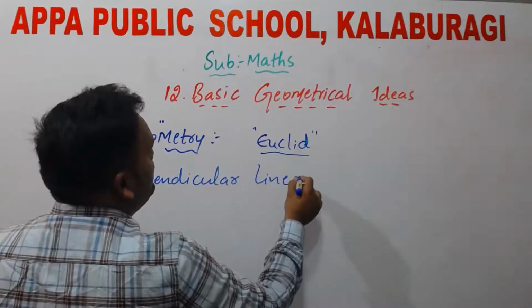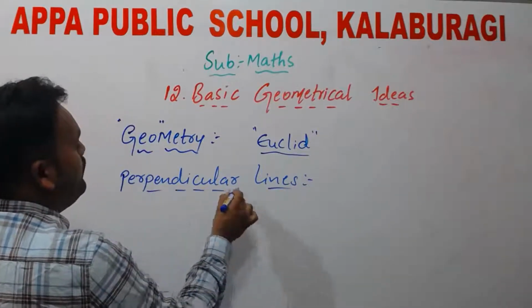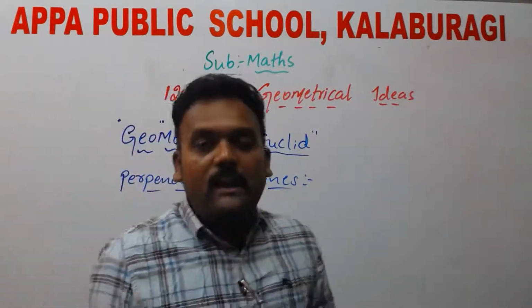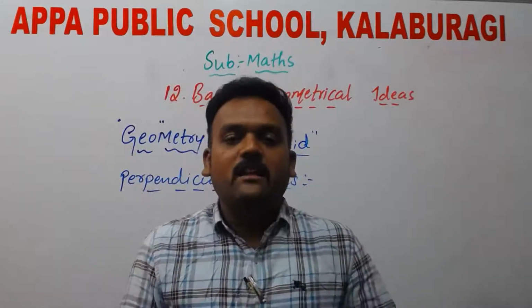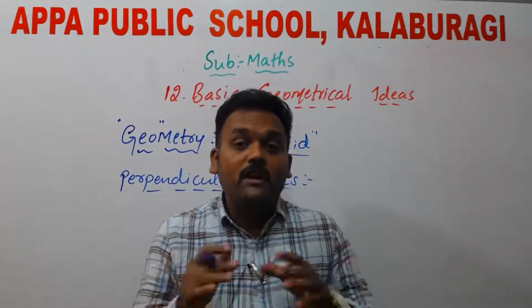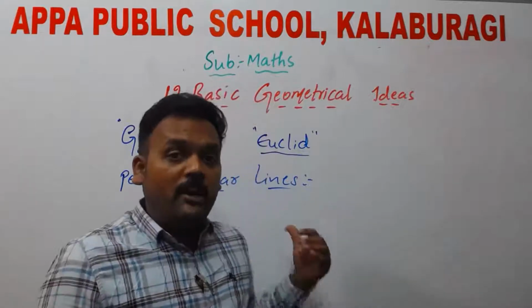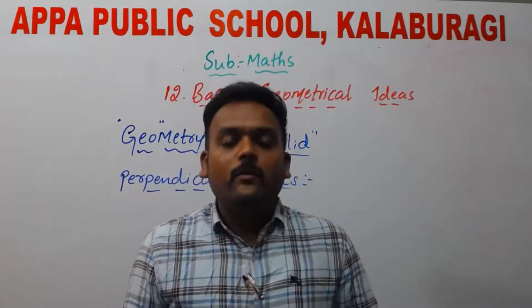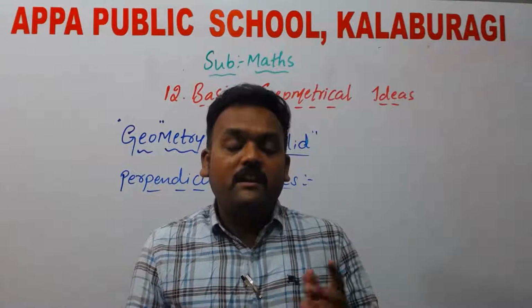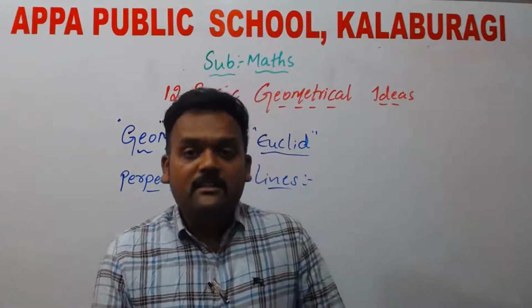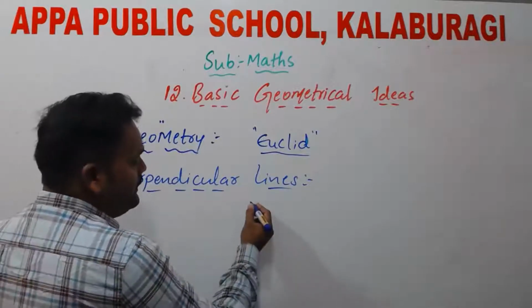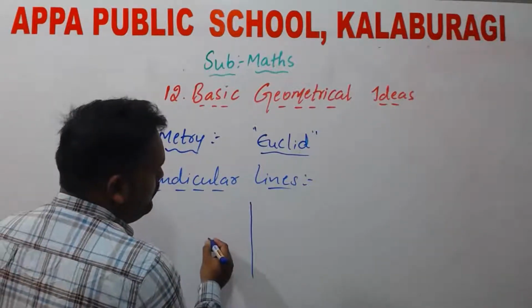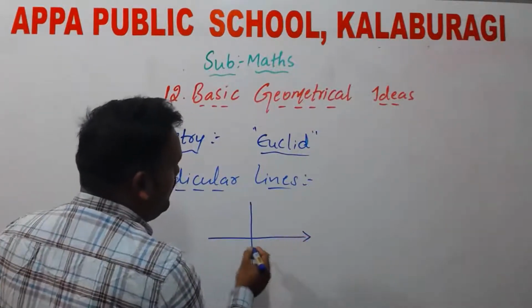Perpendicular lines. So what are perpendicular lines? Perpendicular lines are two lines which intersect each other, whereas parallel lines do not intersect each other. The two lines which intersect each other are called perpendicular lines. How? For example, you see,